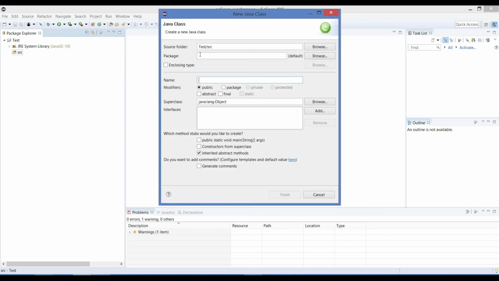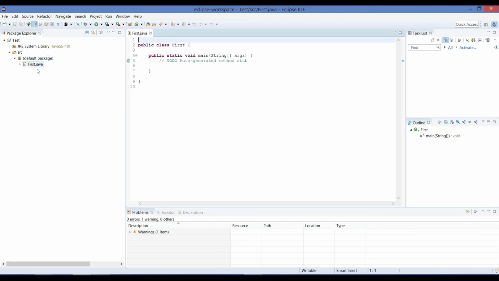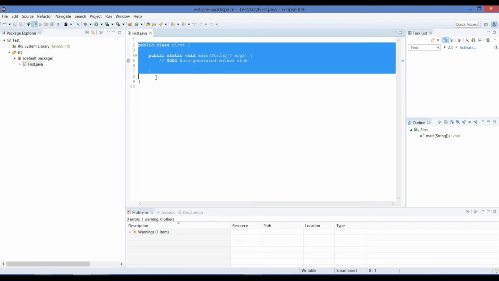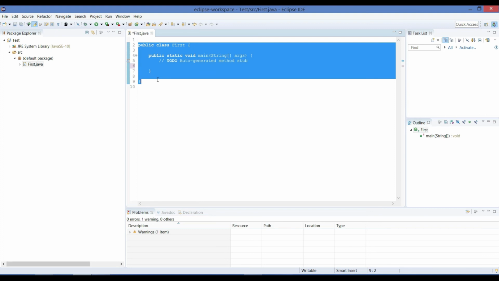Right click and create a Java file, give the name First, check mark public static void main and finish. It will create a default package, and within that package it will create First.java, and it has already given you a basic template. It is auto generated, you need not write any code for this.